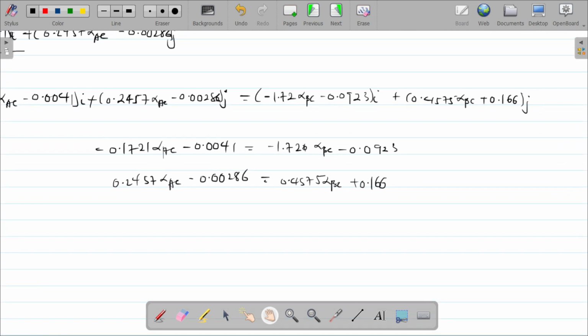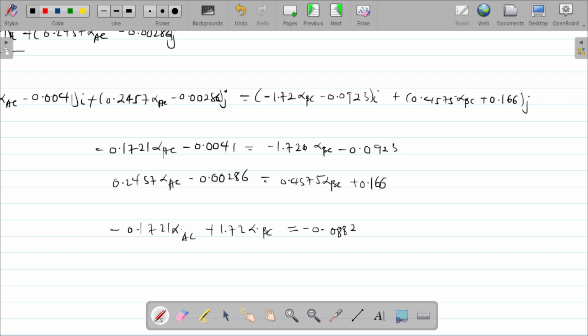Okay, so from here I think we just group the constants on one side and bring the variables to the other. So equation 1: I can have 0.1721 alpha AC plus 1.72 alpha BC is equal to this plus this, so that'll be minus 0.0923 plus 0.0041. So that's just minus 0.0882,